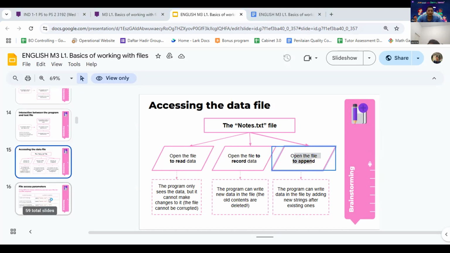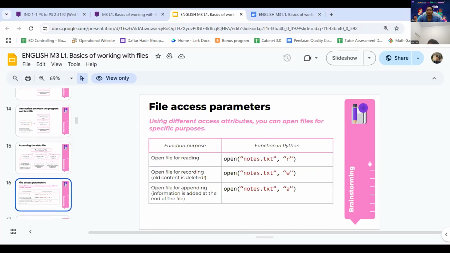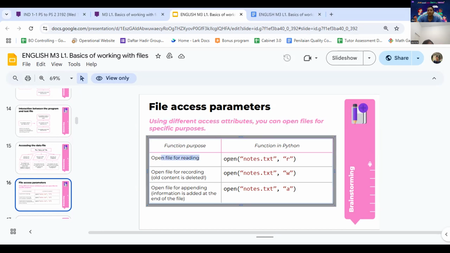Okay. Using different access attributes, you can open files for a specific purpose. When you want to open a file for reading, you can use open and then the file name, and then you need to type R for read, for the notes txt file, I mean.